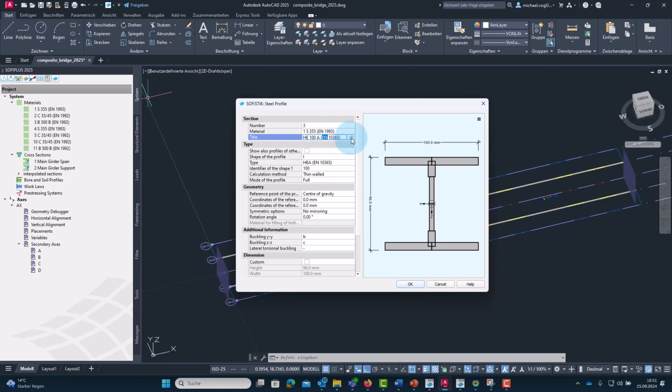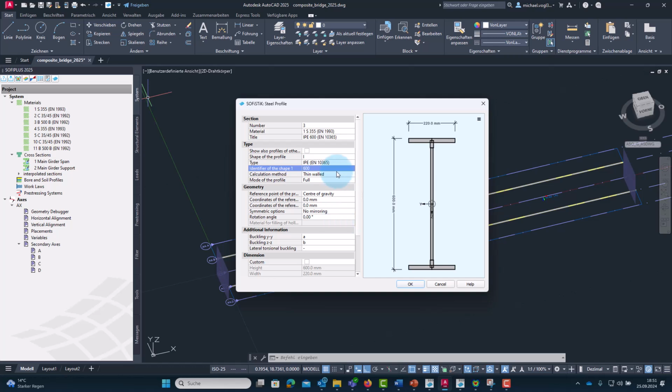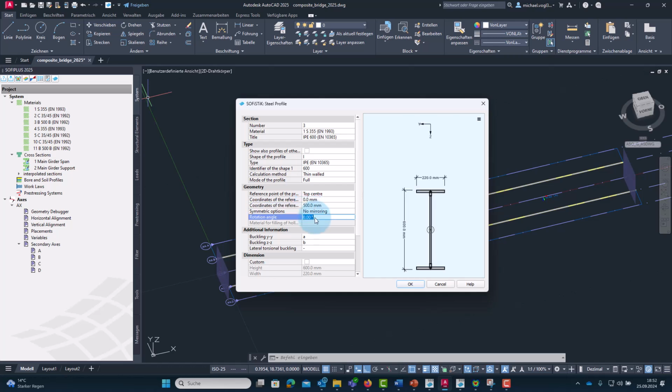We will take a profile of type IPE 600, and to get the correct height we set the reference point at top center and the coordinates in Z direction at 500 millimeters. So you can see where this profile will get inserted.